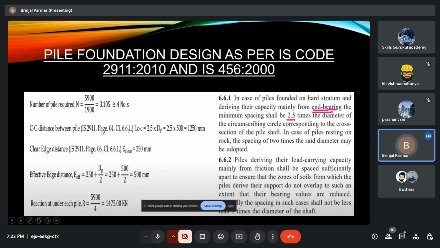IS 2911 clause 6.6.1, center to center distance between piles. There are some points we already know. For end bearing piles, the minimum spacing shall be 2.5 times the diameter of the circumscribing circle corresponding to the cross section of the pile shaft. So we take 2.5 times Dp, 2.5 times the pile diameter 500, so we get 12